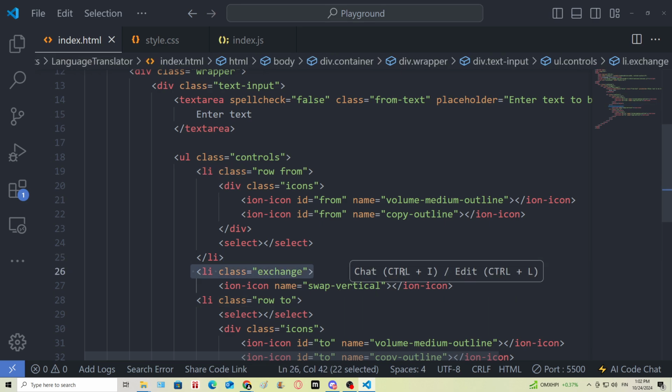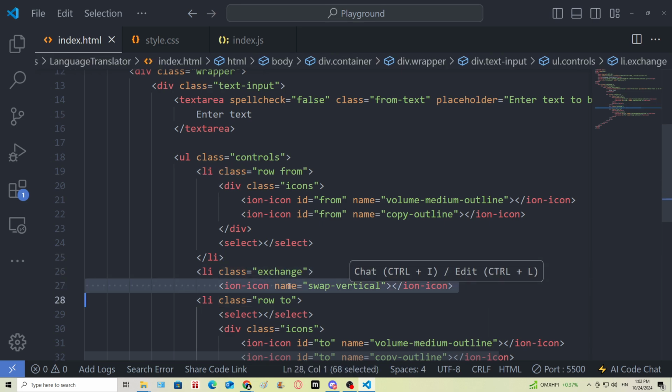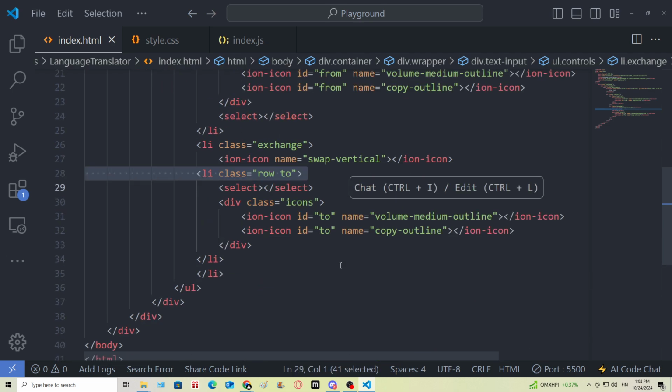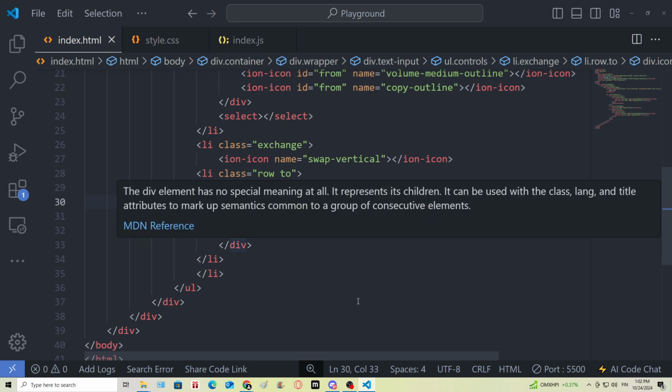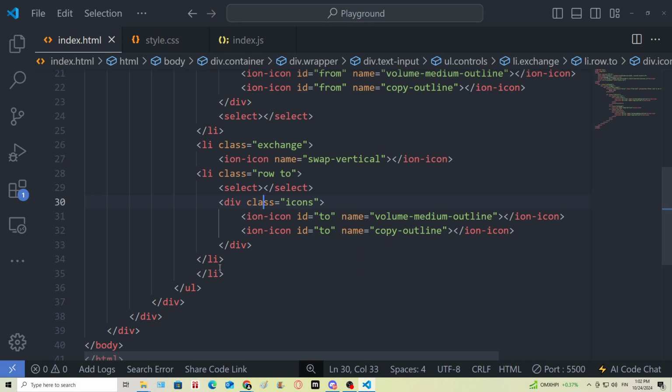So exchange, then we get the icon. We have a row 2, an empty select list, then the division with the icons. Yep. Alright, and after this, by the way, this one needs to be